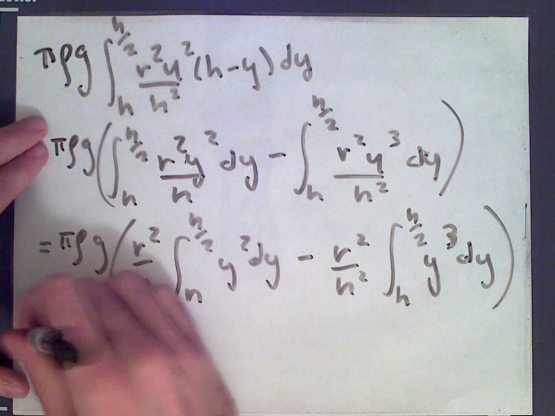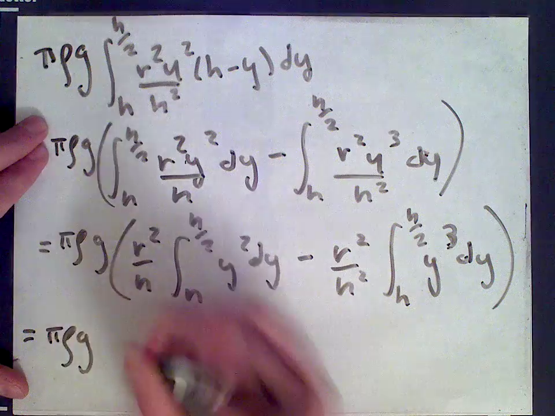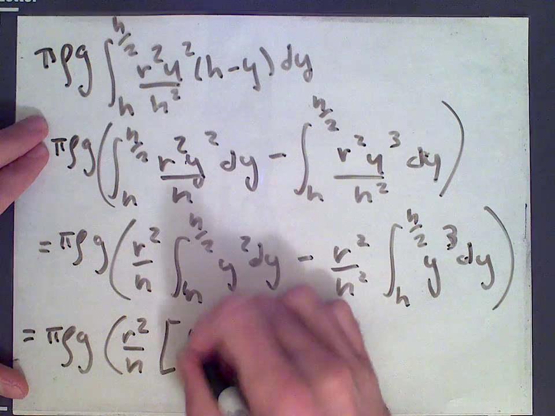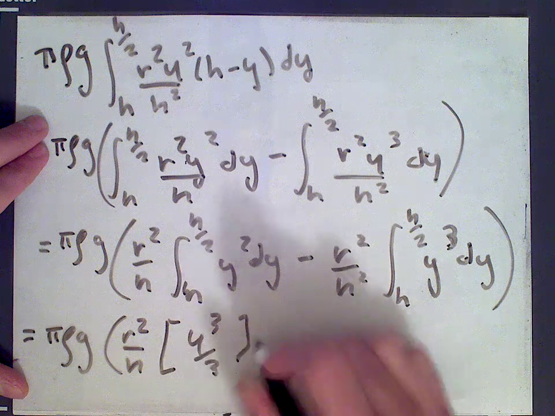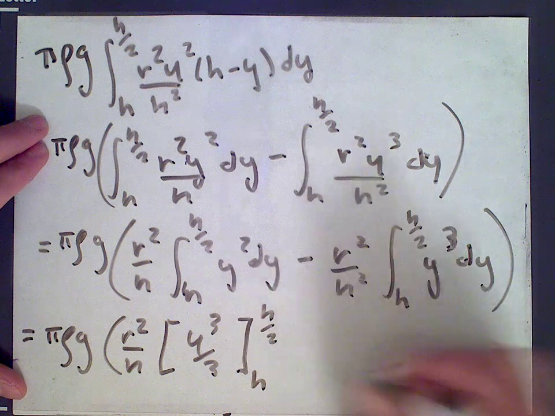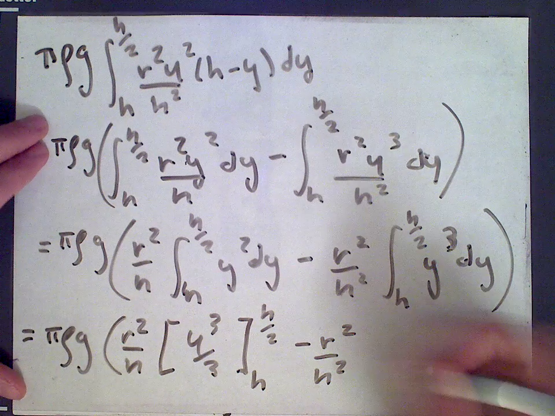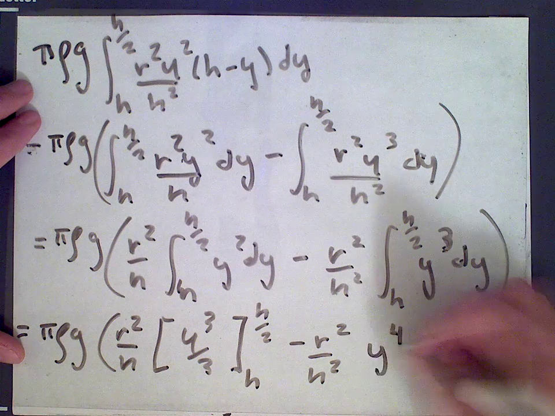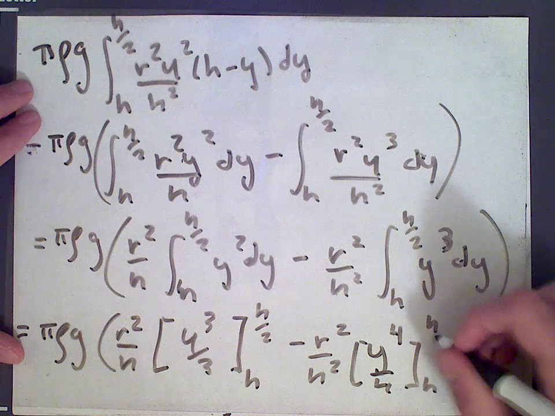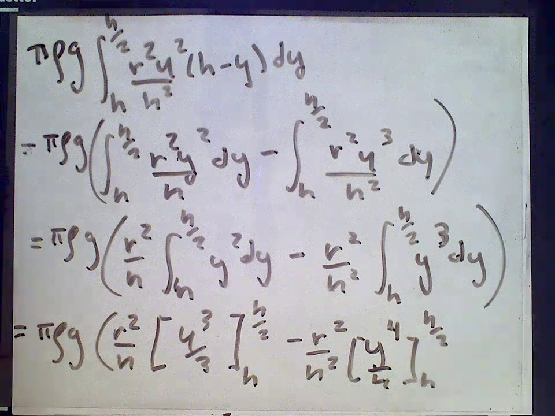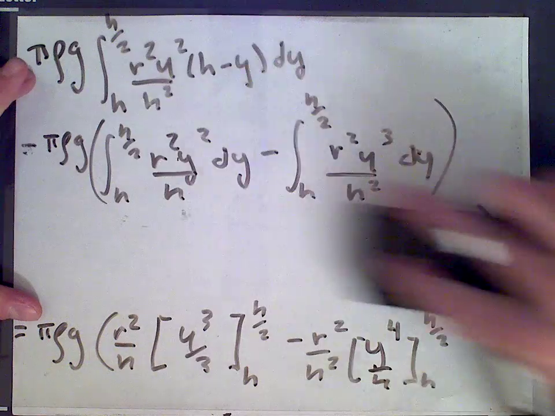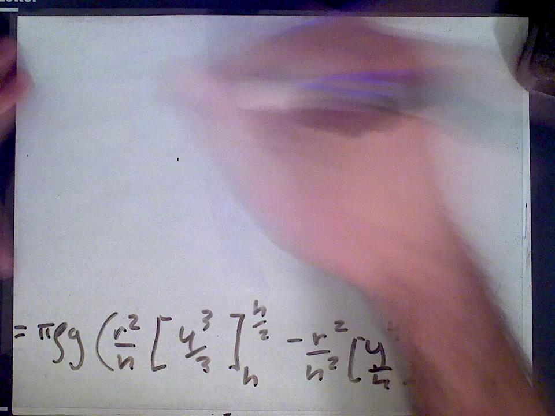And then what do we get next? Well, we now take the integral. So we have pi rho g times r squared over h times y cubed over 3 from h to h over 2, minus r squared over h squared times y to the 4 over 4 from h to h over 2, which will give us, let's see, I'm going to have to erase what's up here. We get